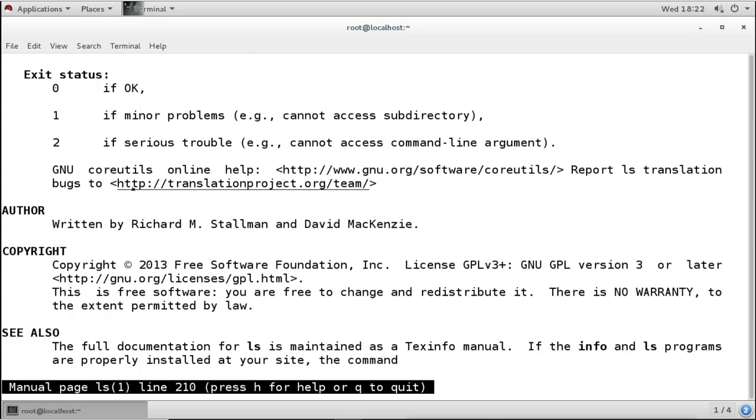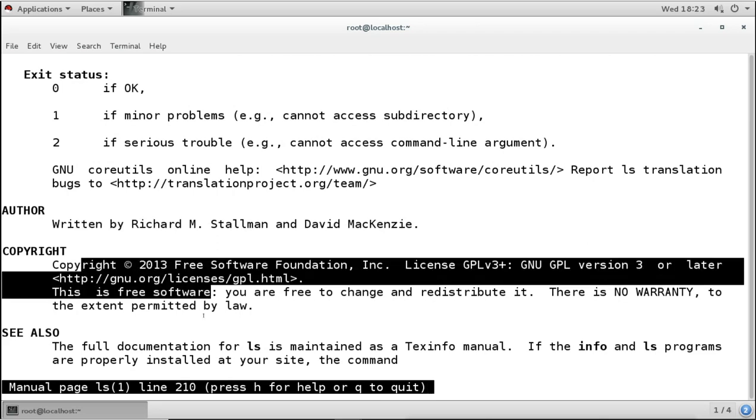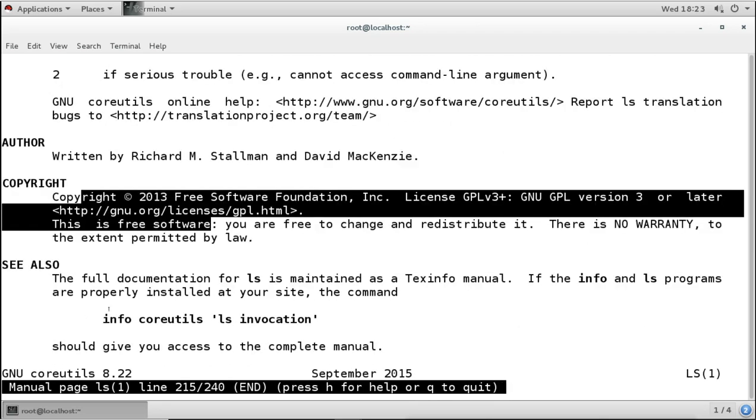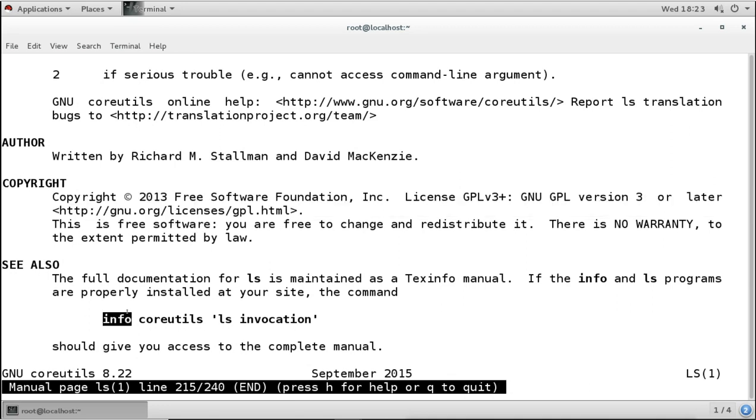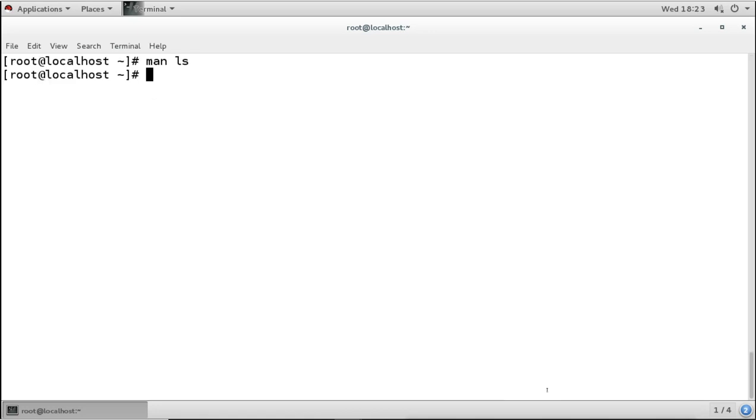You can also see the author, the copyright, and some other options. Now this is the manual page, and if you want to come out of this manual page, you can press Q to quit and go back to your command terminal.